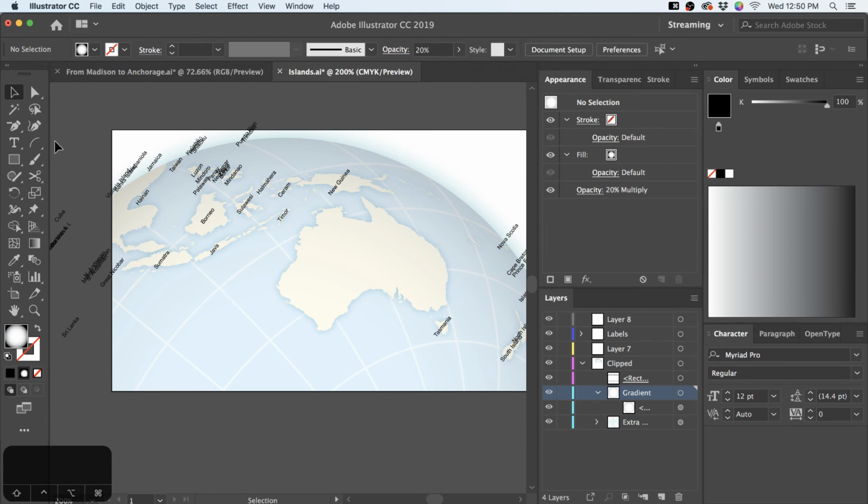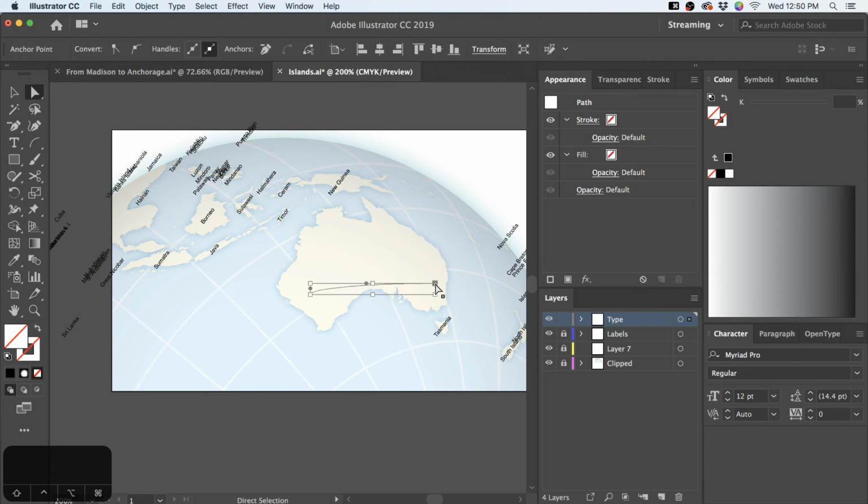So labeling is something we're going to talk about in the next live stream. I love labeling, and I have a lot of opinions about it. Quick type layer. One thing I haven't really tried out too much, that I would like to in an orthographic situation, is throwing a little perspective distortion on labels.